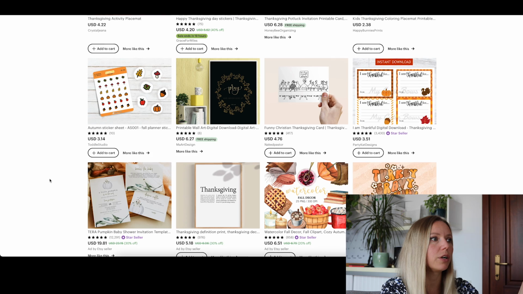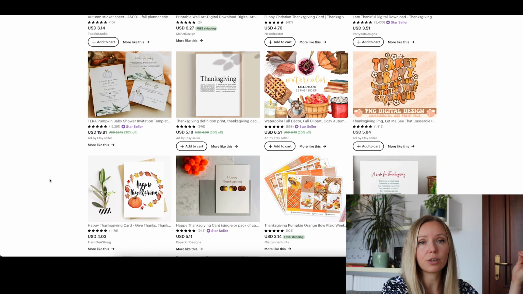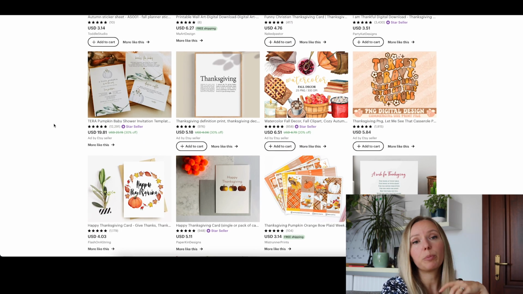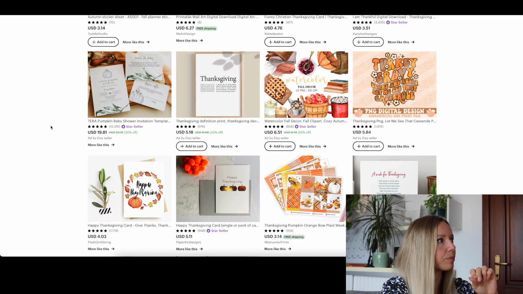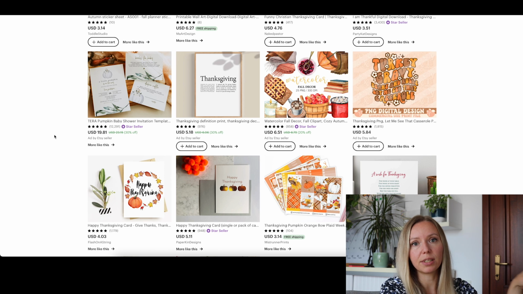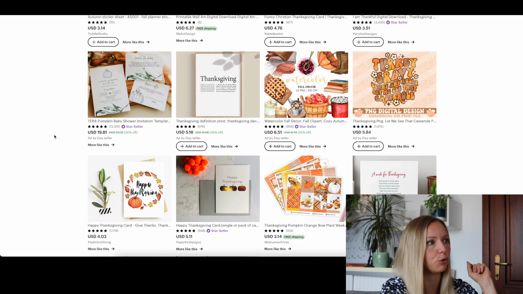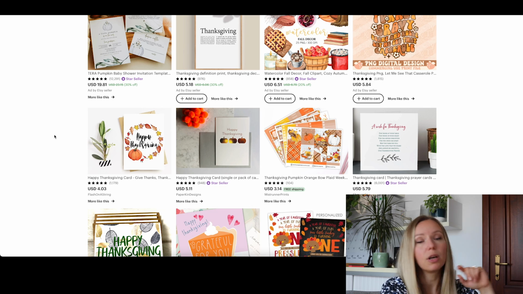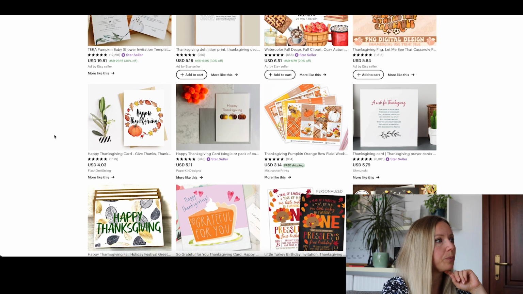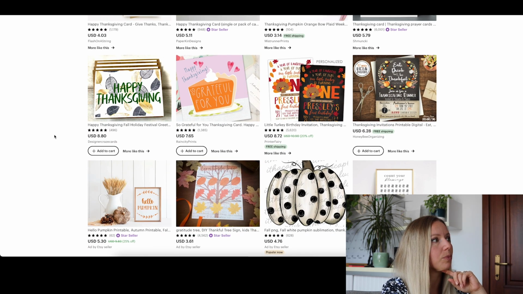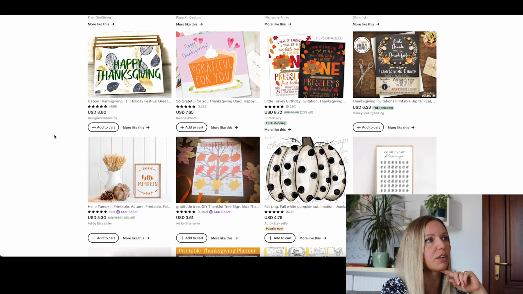But some cute cards. Clip art sets are good again. But with the clip art sets, I feel like you are already late. You should have put out the clip art sets in the middle of the summer when people start to design items for the fall. But if you're lucky, you can still incorporate a few clip art sets into your shop and it will be very popular. Or it could be very popular. Some cards that are very cute.